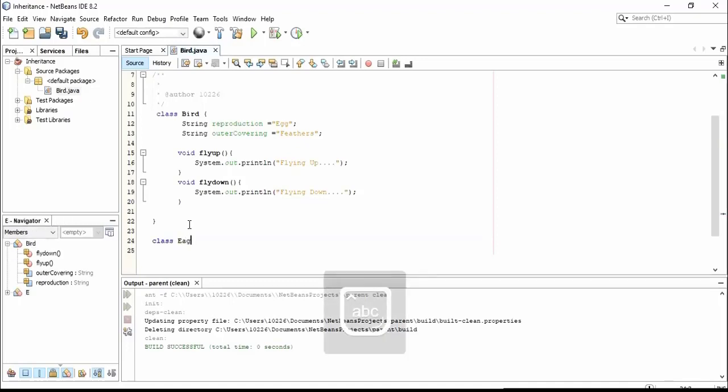Let me call this one as Ego. Okay, this is another class. So inside this class, I'm going to create another two fields. Let me call this a string, then name is a data type. I'm just going to assign some value for this. Since it's an Ego, let me call this one Ego,